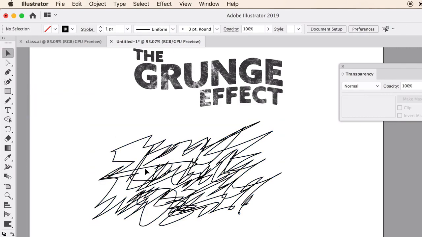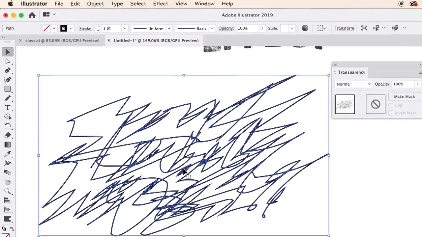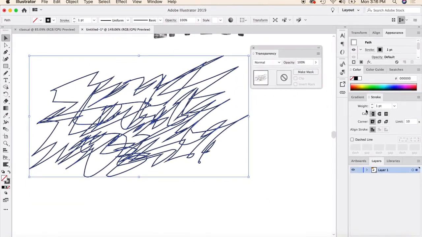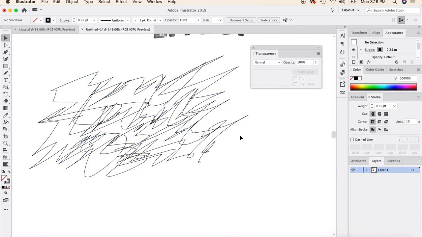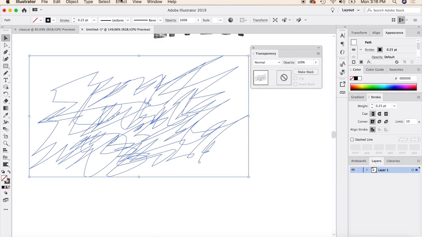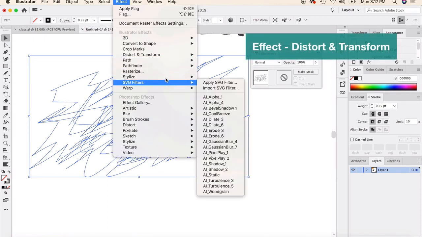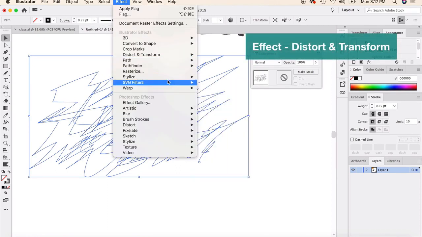Flip it to a stroke. And what I like to do is fairly thin strokes for the effect we're going to do. So I'm going to go down to stroke, and I'm going to make it a pretty thin stroke. And right there I can take that and make that as a layering mask. Or we can go up to effect, and we can do a couple of these warp tools, or